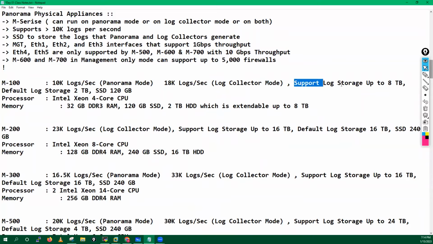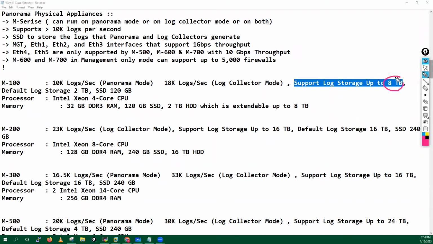And it will support log storage up to 8 TB, which means we can store around 8 TB of logs in this particular device. The default log storage you will get in your M100 device is 2 TB. And if you want, because it can support around 8 TB of log storage,